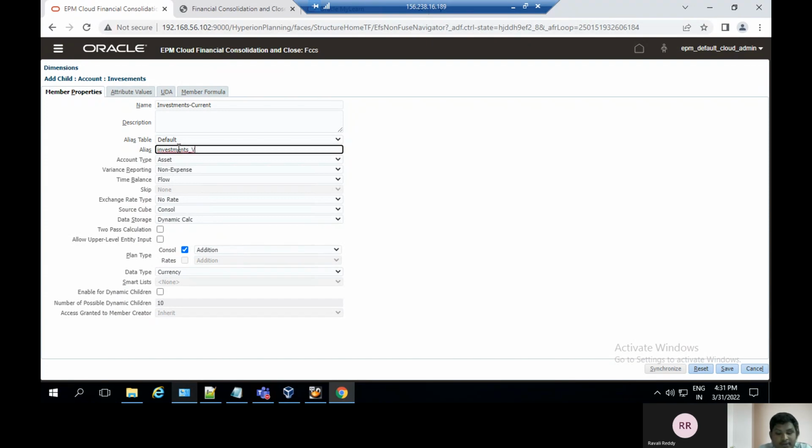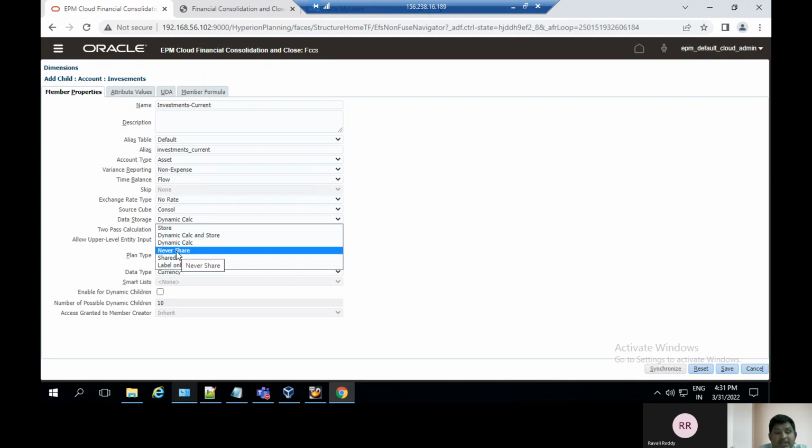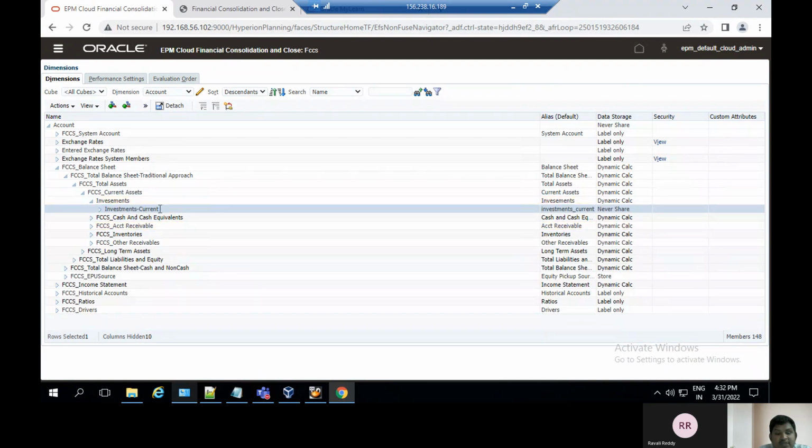I give the name investments current. And here the data store is dynamic calc, so I give never share, and I click on OK. Here save the investments current, and the parent is investments, and